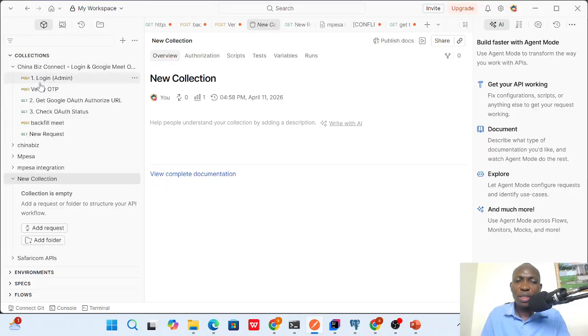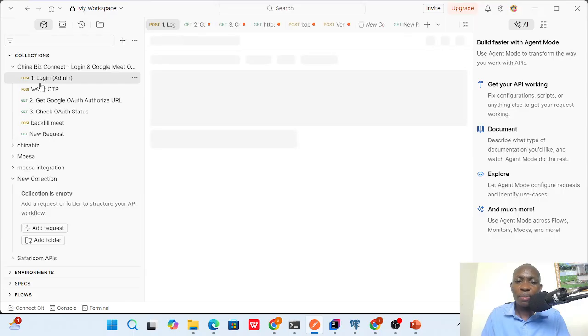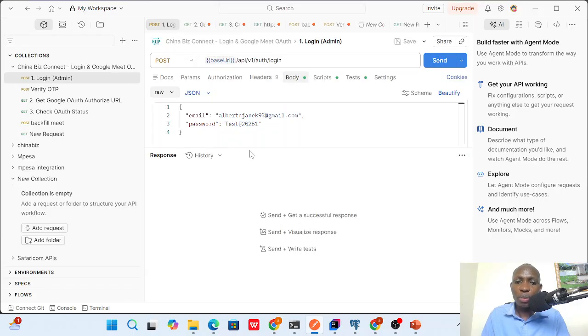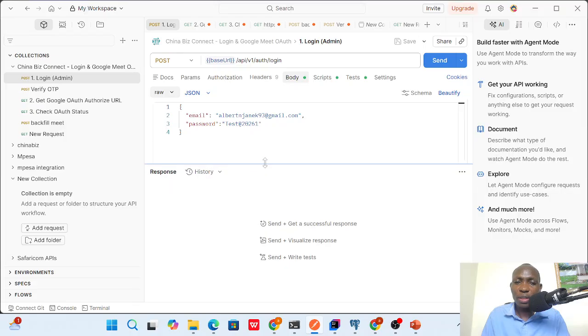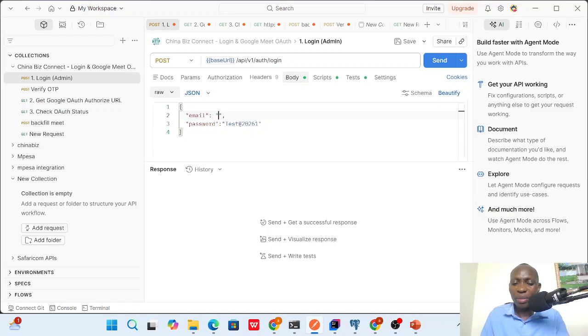This China Biz here, this is the login. Want to show you a sample. For the case of something like this, you have an email address, you have a password. If you put an invalid email, like that,